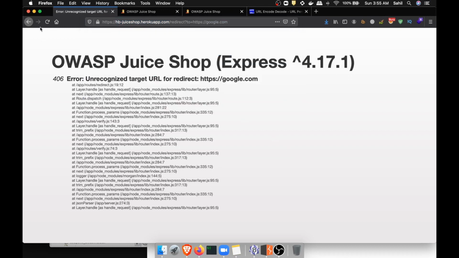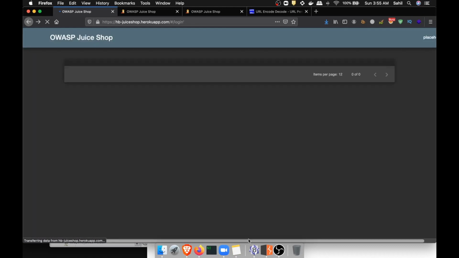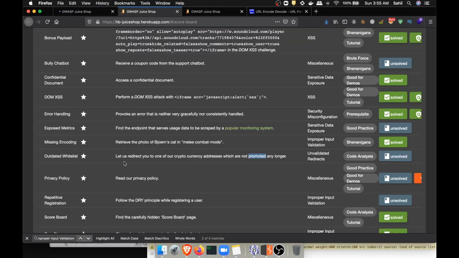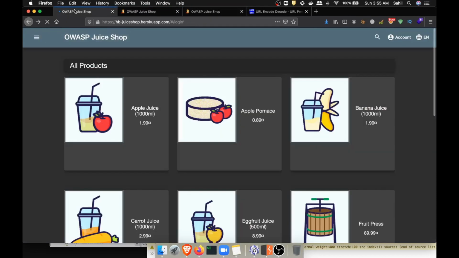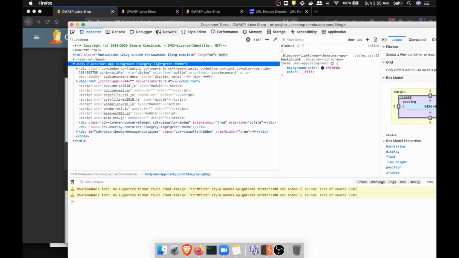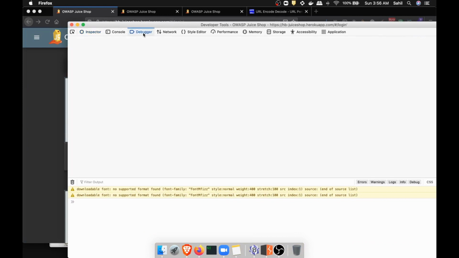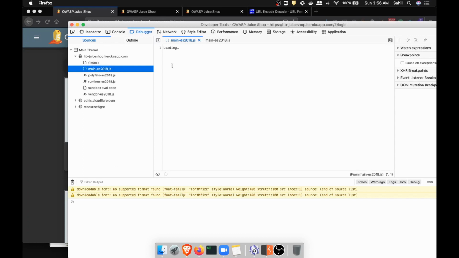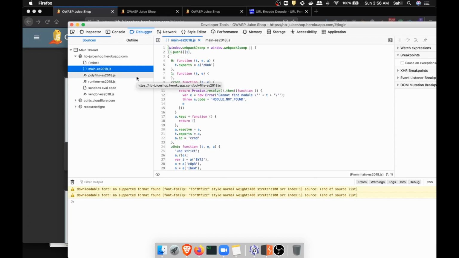So okay, I think this is a very good application. Now our major task here is to find a cryptocurrency. So how can we find a cryptocurrency? Let's go here again, and as I have already explained, if you're not able to find anything in this particular option, then simply go to the debugger page. There might be some JavaScripts, because JavaScripts are also used to